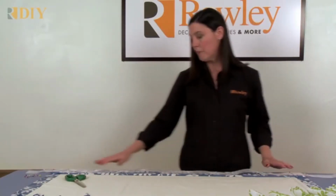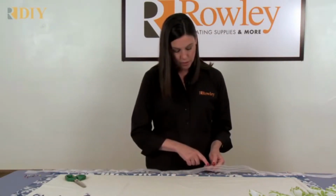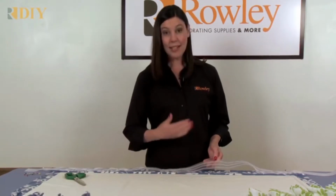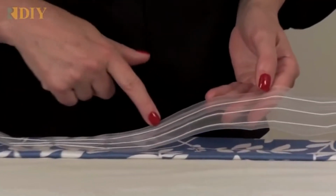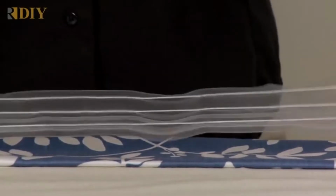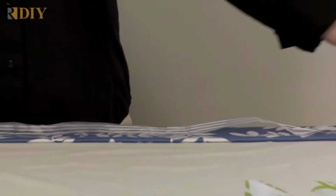After you've determined the placement of your tape, you'll notice as well, before you sew it on, there's a really faint pink line. That's the top of the tape if you're doing the French pleat. If you want to create the Euro pleat, you'll turn the tape so the pink line is facing down. But I'm going to do this for a pinch pleat. So again, I'm going to center those pins